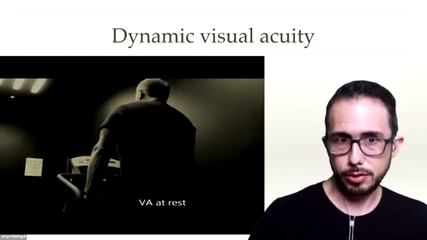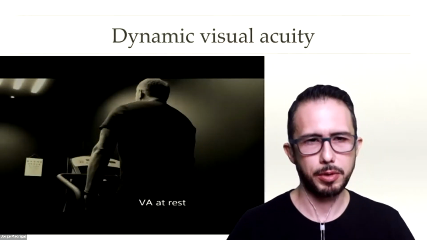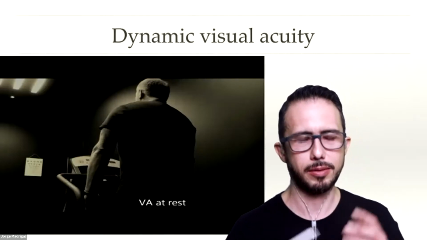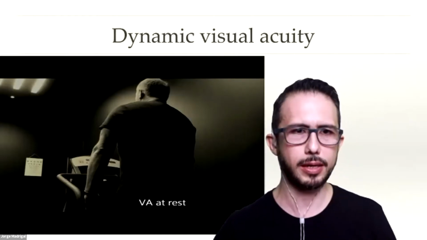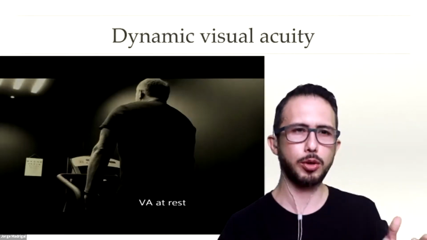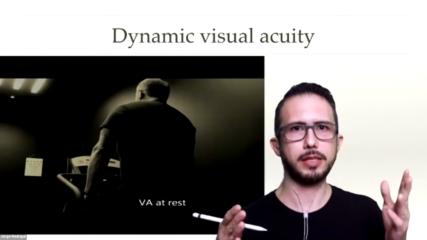Normally, we don't see this because when we are walking and our head is moving up and down, our eyes are moving in the opposite direction, so we do not see this. But for vestibular patients, this is very, very uncomfortable. We can measure this, and it's very useful in vestibular rehabilitation to measure this in a somewhat objective way. We have the dynamic visual acuity, which is the comparison between the visual acuity in a static environment